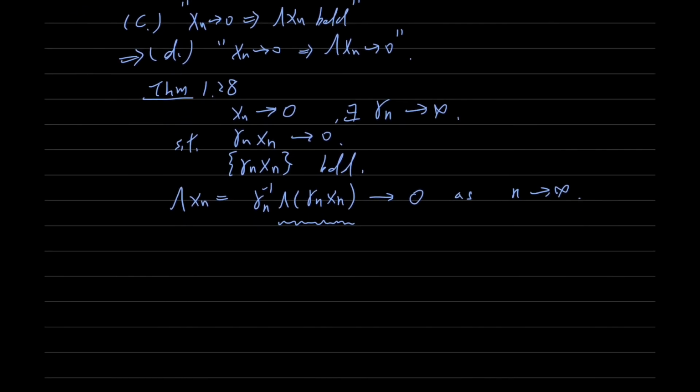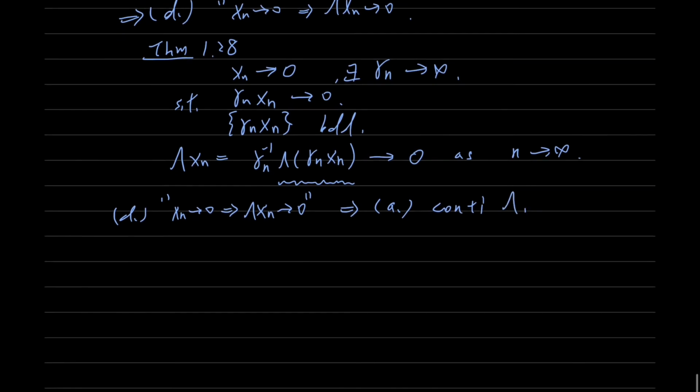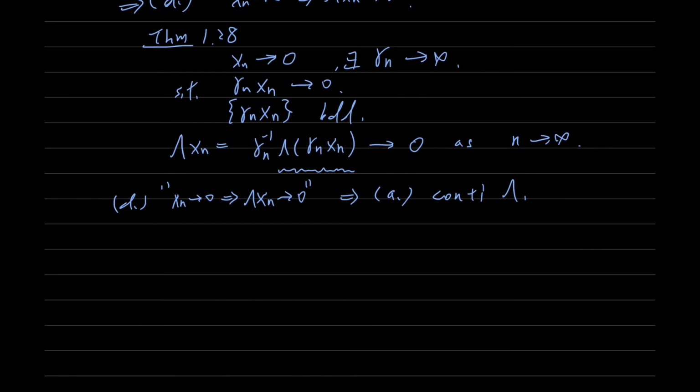Finally, to prove D implies A: if xn converges to 0 implies the image also converges to 0, then the operator is continuous. The lambda is continuous. So to prove this, we use contradiction. So if lambda is not continuous,